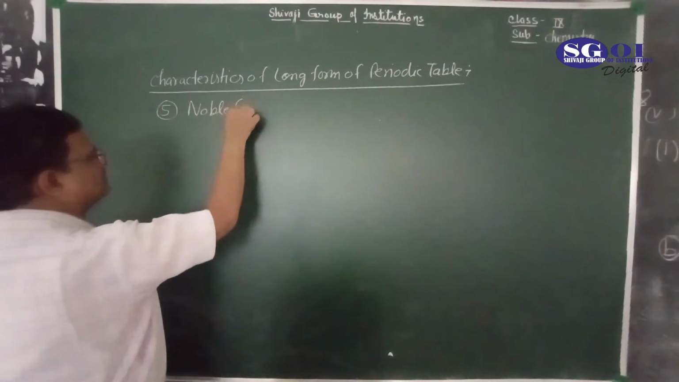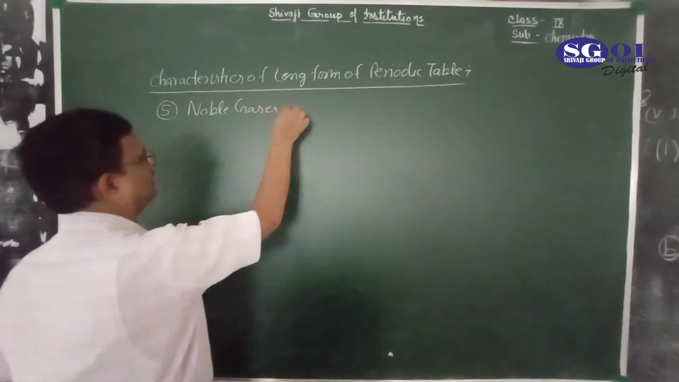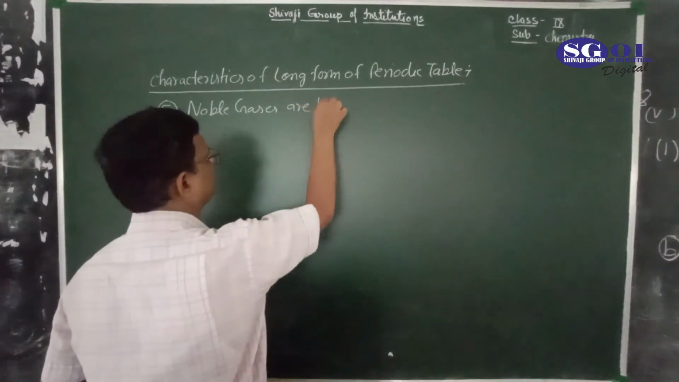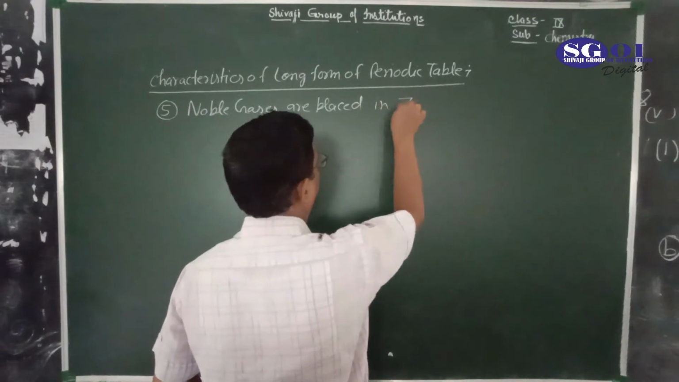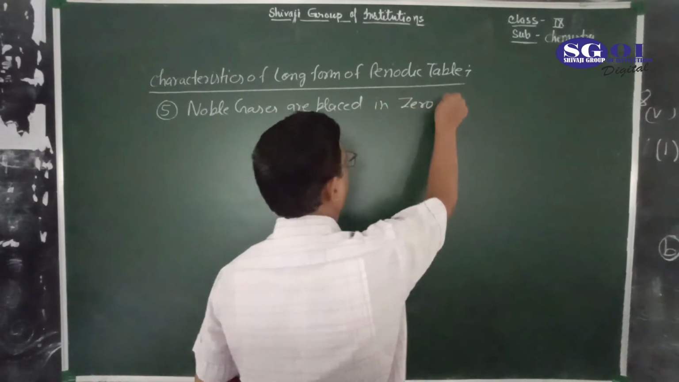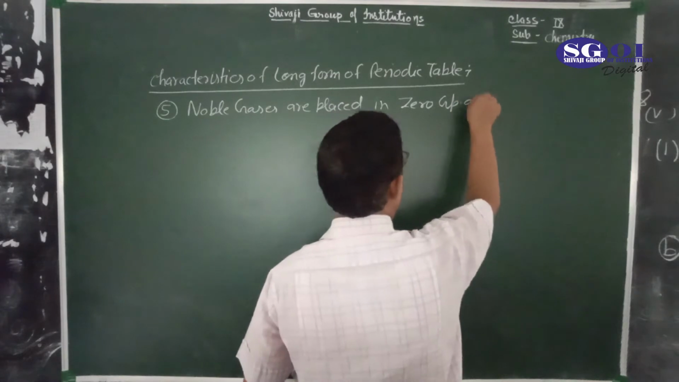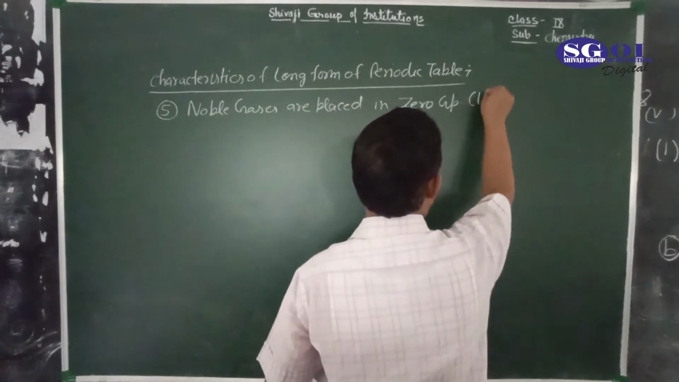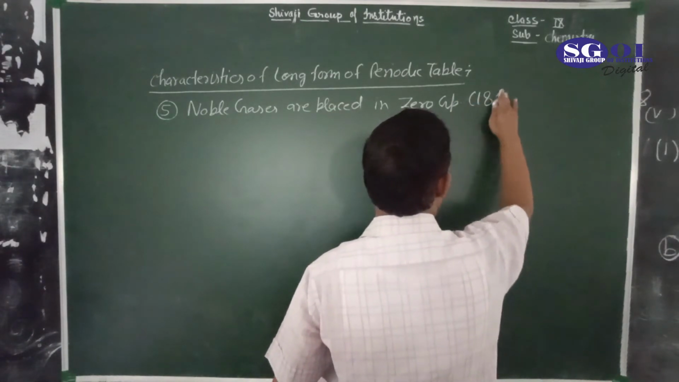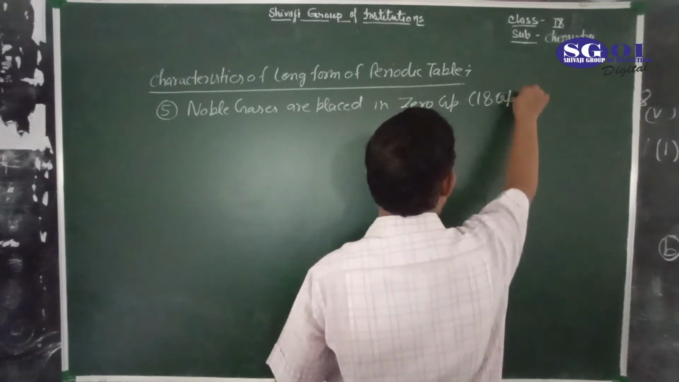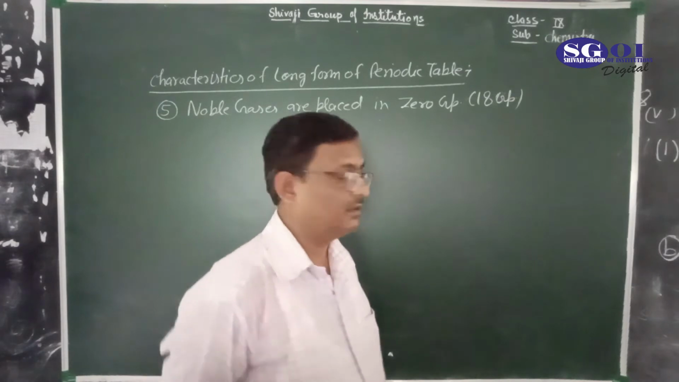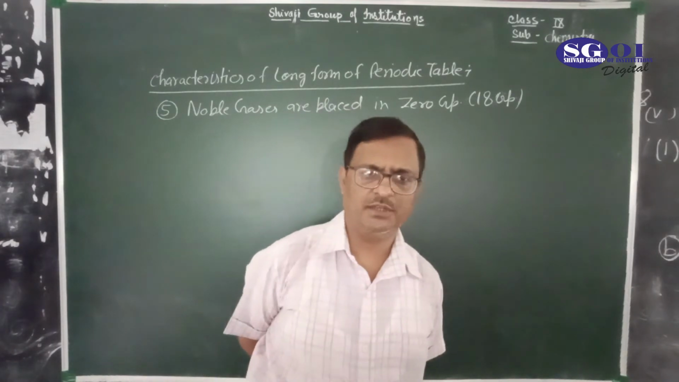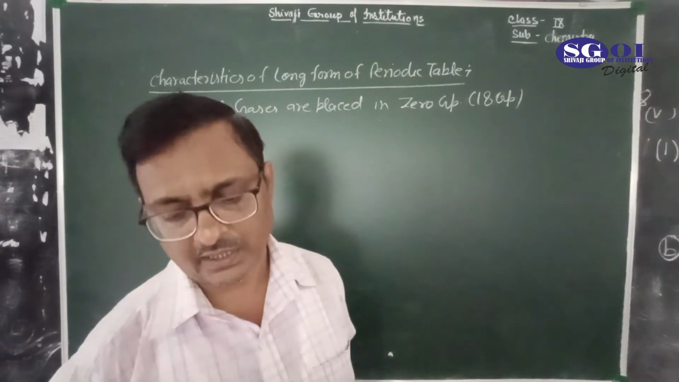Noble gases are placed in the 0 group or 18 group of the periodic table, that is, the extreme right of the periodic table. Okay, and the next one is the